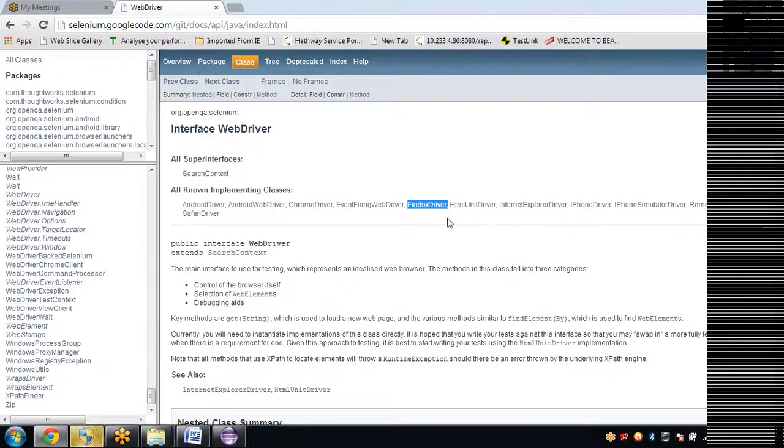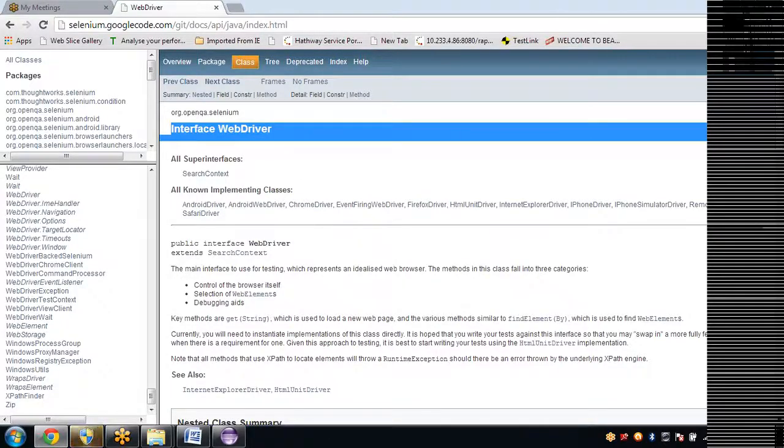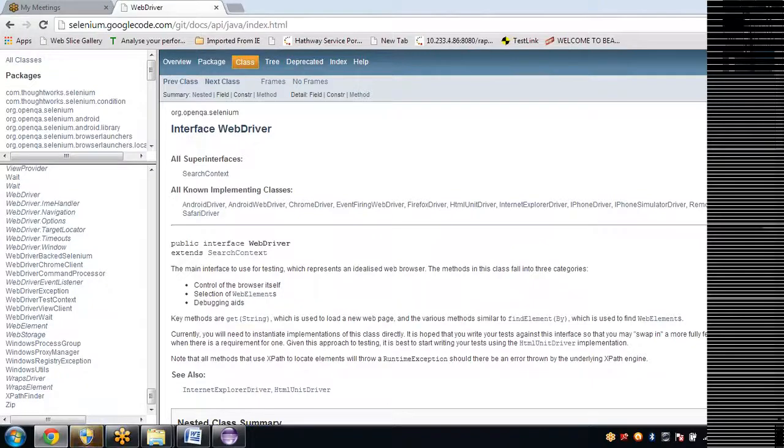So if we use this driver for Firefox browser, automatically it has the capability to talk with Firefox browser. That's the reason I am using this class. So with this class, I can implement the methods present in Selenium WebDriver to automate. So this is the basic logic behind that.